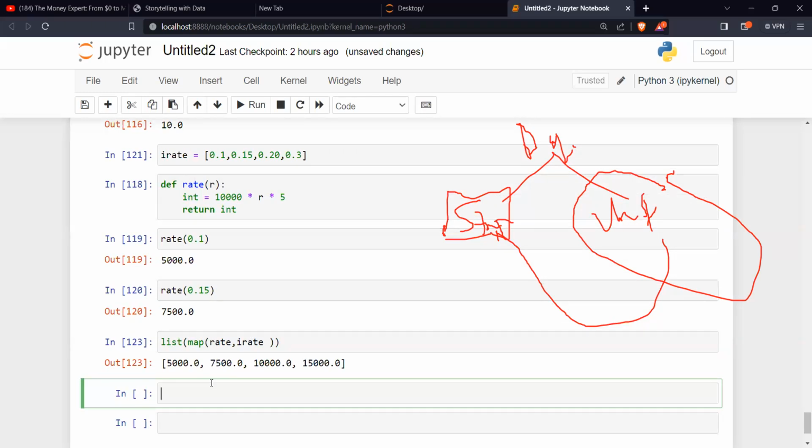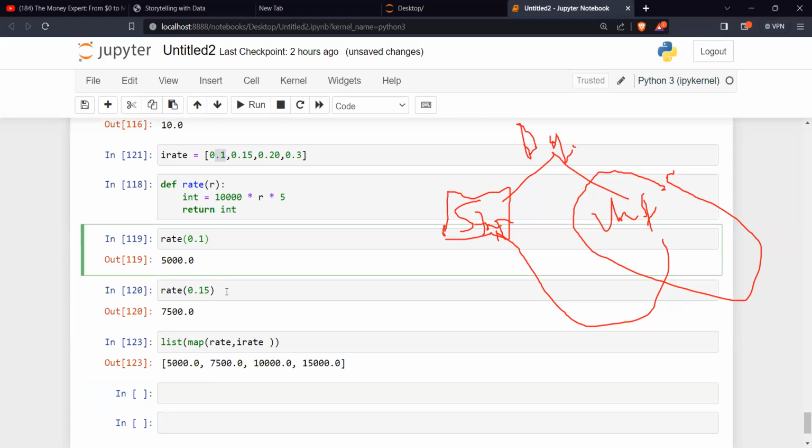Because I think this is taking us back to one fundamental thing: what does map do? Map helps you. What the map is doing is putting this value in, one by one. Can you see this rate? Let's do another one.